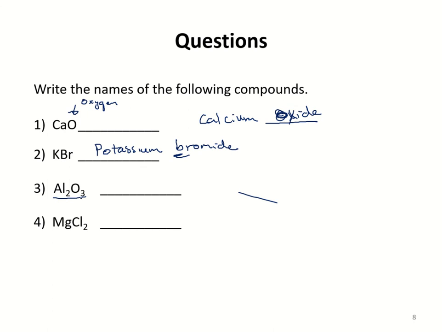We're going to go into these ones where we see that there is a different subscript number. So subscript numbers here are slightly different. You don't need to worry about the actual number when we're writing the names of ionic compounds. So this is just aluminium oxide. And we have magnesium